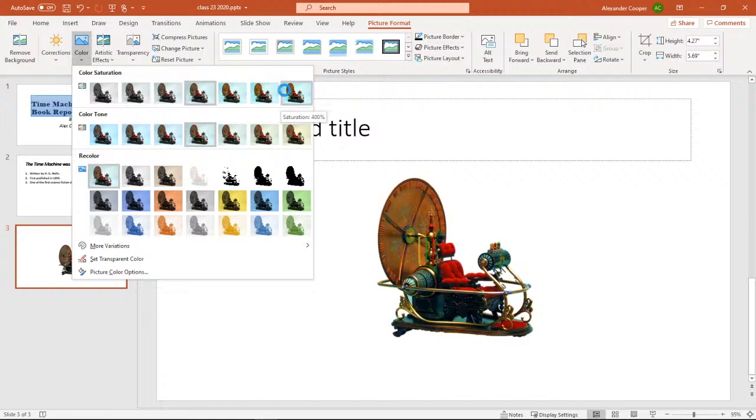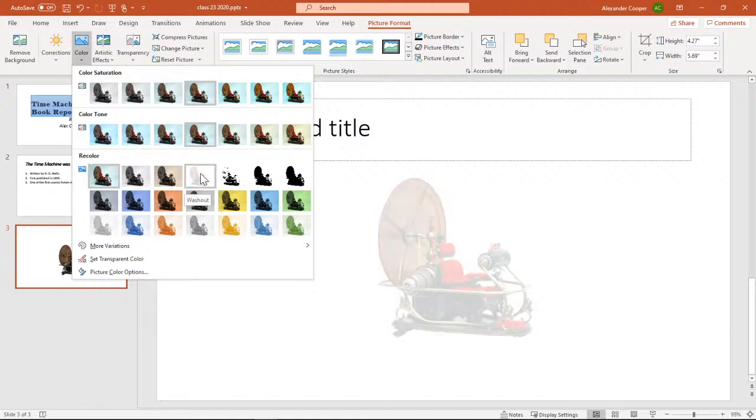Show you. This is a great one. We'll talk about this later. This is one quick, easy way that you can use this as a background.